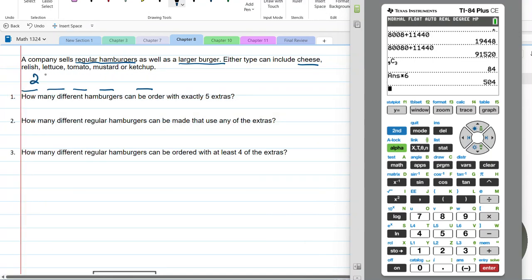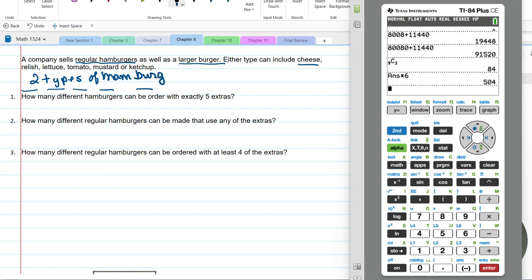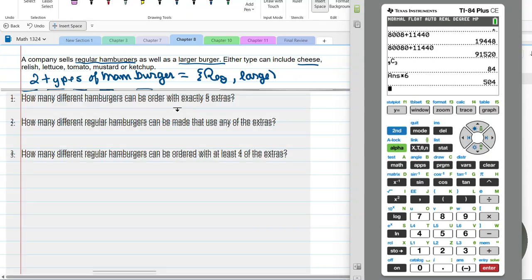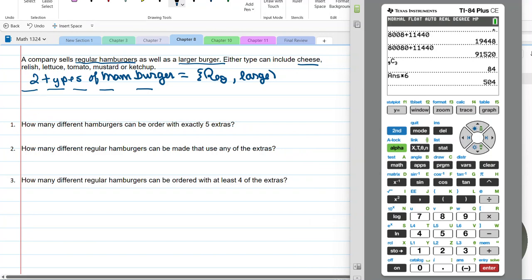We have 2 types of hamburgers, regular and large. We have 1, 2, 3, 4, 5, 6 additions